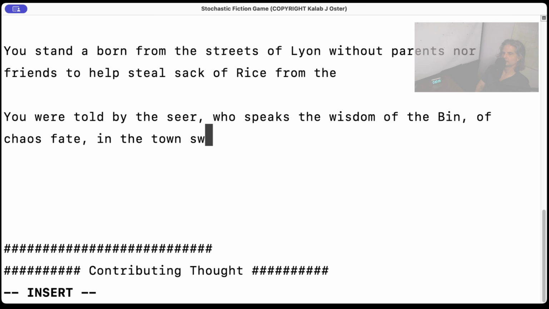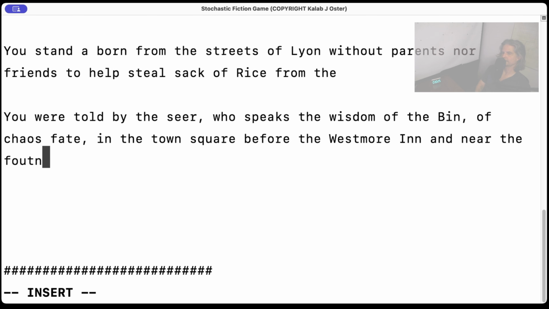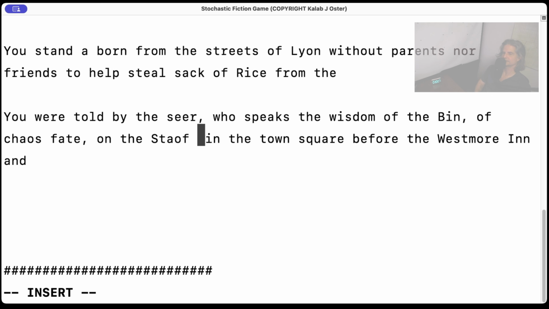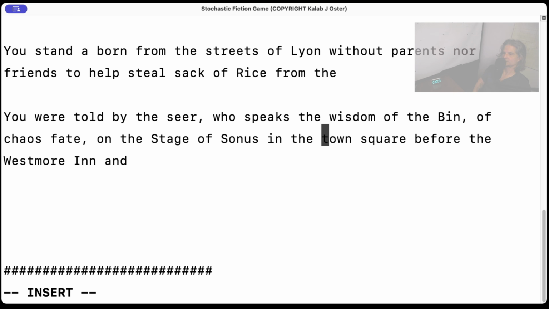In the town square, before the Westmore Inn, and near the fountain, and on the stage of saunas, in the town square before the Westmore Inn. Who speaks of bin and the chaos of fate on the stage of saunas? What are you? You're you, so I'm going to try. You, my child,